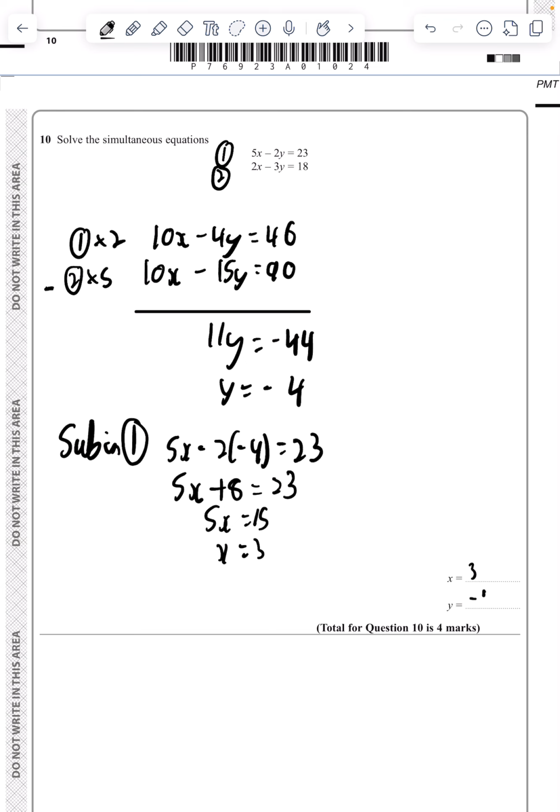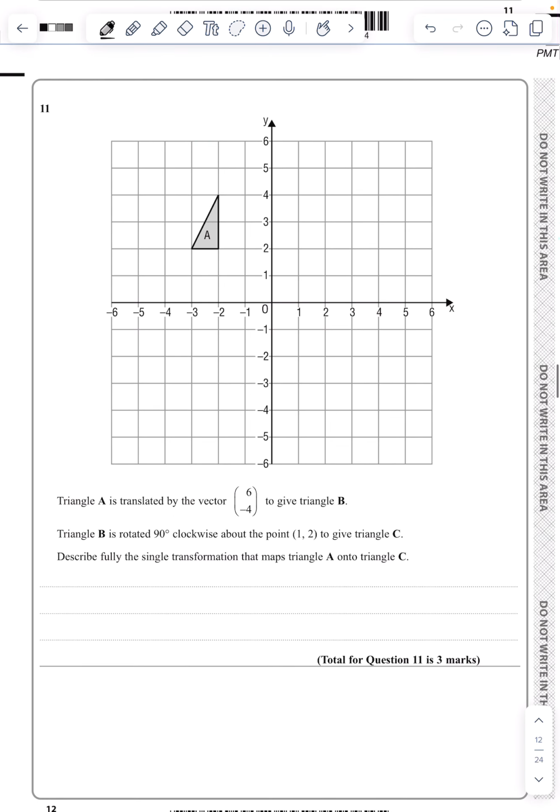So there we go. So it's translated by 6 minus 4, so 2, 3, 4, 5, 6, minus 4, 1, 2, 3, 4. That's why I'm just doing the bottom triangle, and then I'll just follow the same 2 up, 1 across. So that's triangle B. It's rotated on this point